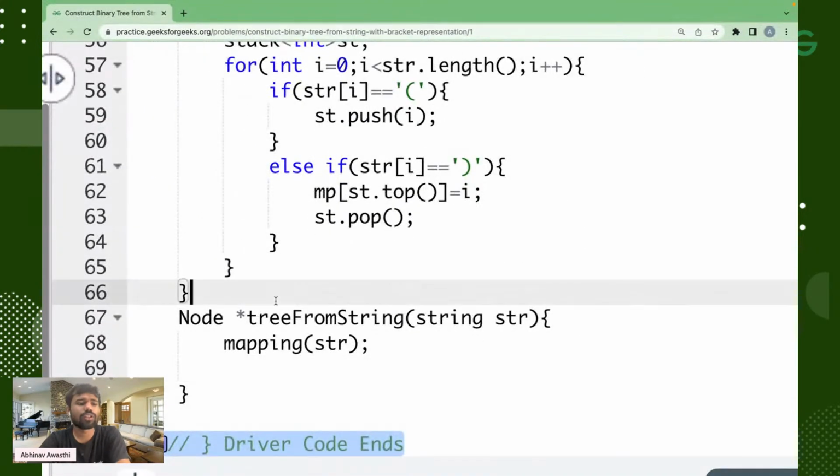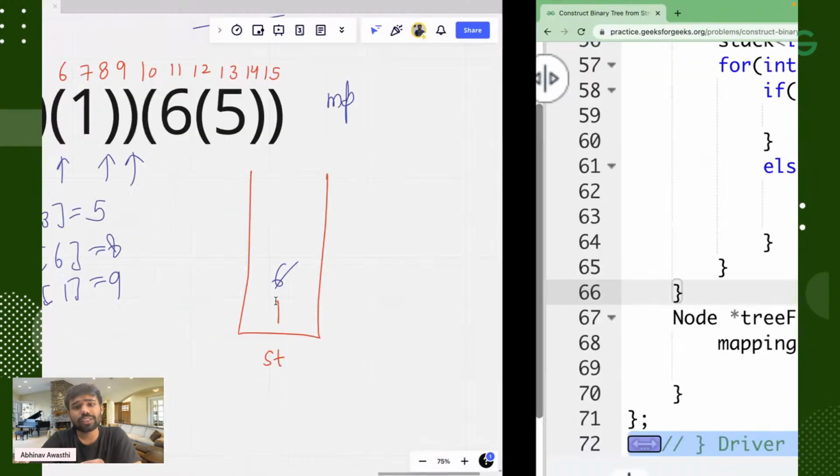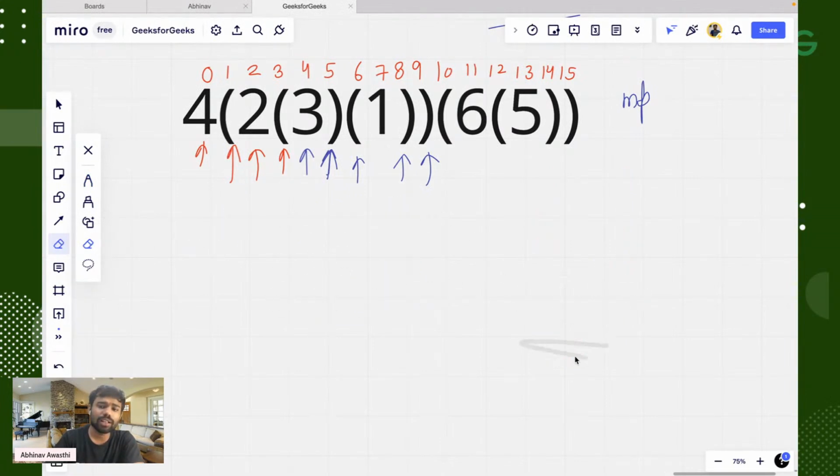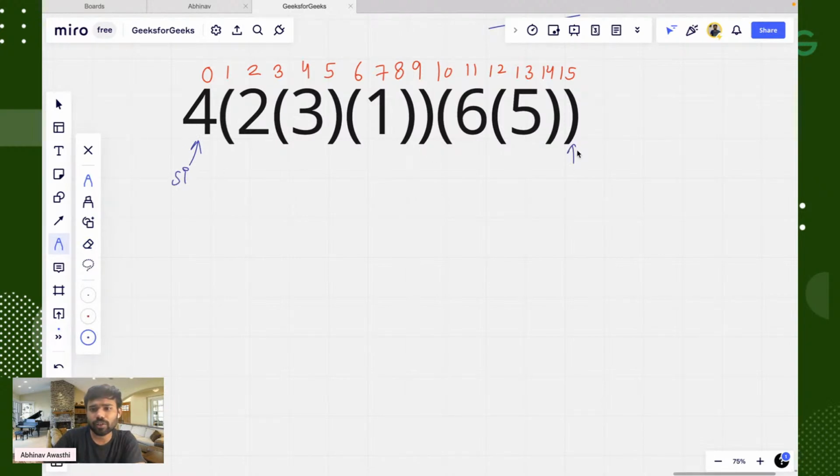Now guys, let's come towards the main function, the very basic function, how we are converting the tree from a string. For that, we will write a recursive function. Now the recursive function is required. For this recursive function, first of all we will have a starting and closing index, a pointer called starting index and a pointer called end